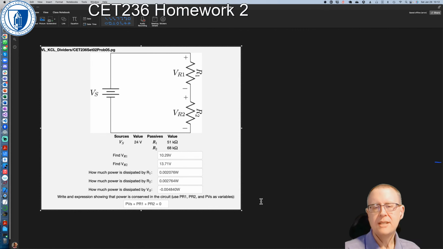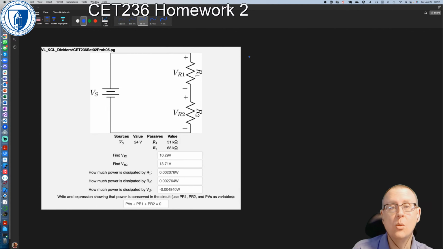Okay, so we have VS, we have R1, we have R2. The first thing we've got to do is figure out what the current is, right? And we know V equals IR. We can see that R1 and R2 are in series because they share uniquely a common node. So the total equivalent resistance is 51 kilo ohms plus 68 kilo ohms. What's that? 119